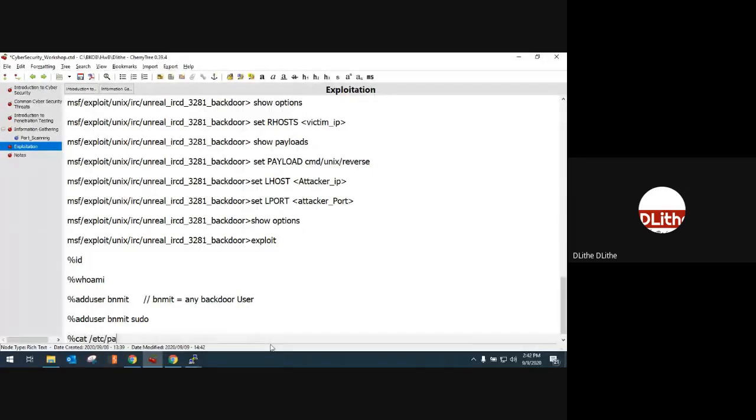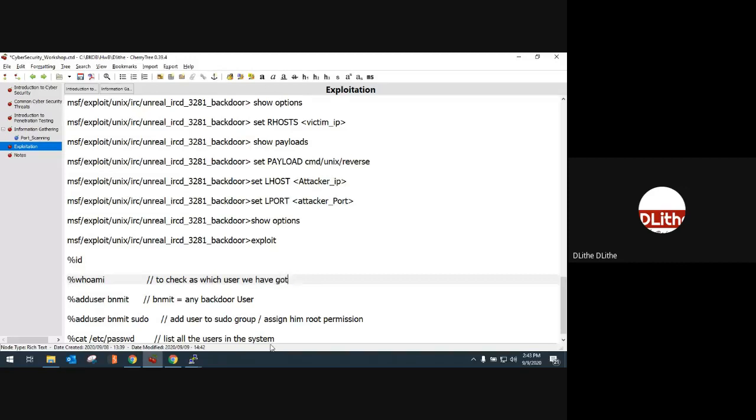You can just use cat /etc/passwd, which will list all the users in the system. And this one is used to add a user to the sudo group, in other words, to assign him root permissions. If I have some typos, to check which user we have got access as.